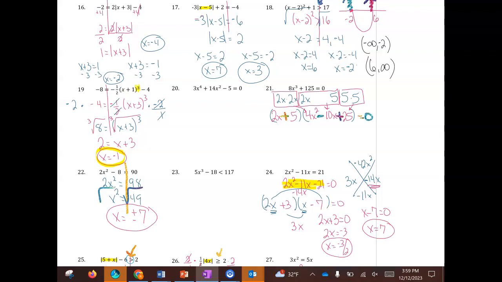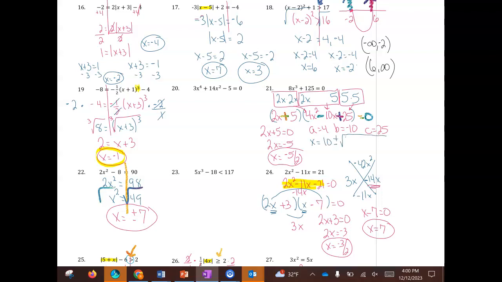And now we can solve for x. So here we set the x equal to 0, subtract the 5, divide by the 2, and we get negative 5 halves, which I'm going to leave as a fraction. On this one, we talked about you will always have to do the quadratic formula. So quadratic formula, I'm going to take x equals the opposite of b, plus or minus, I'm going to have